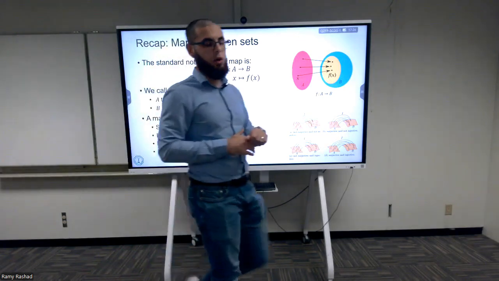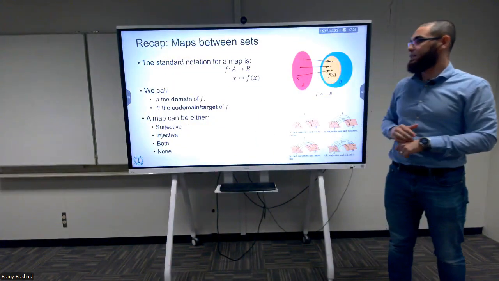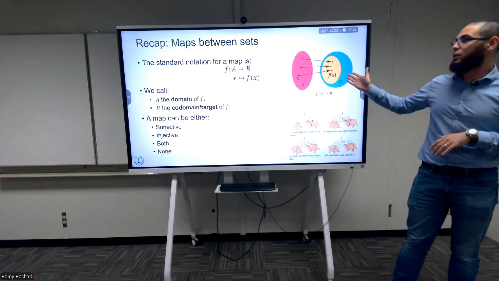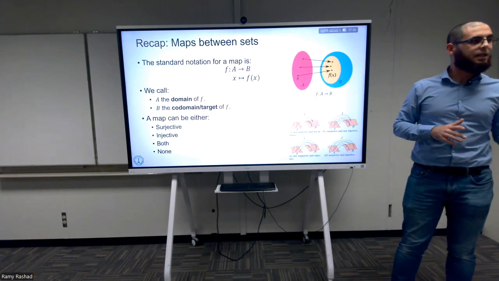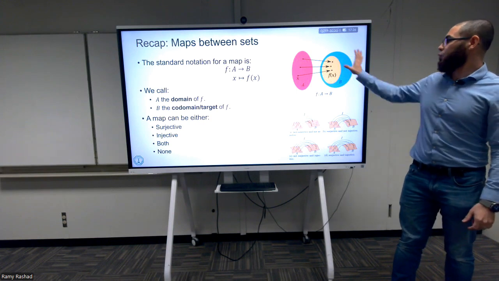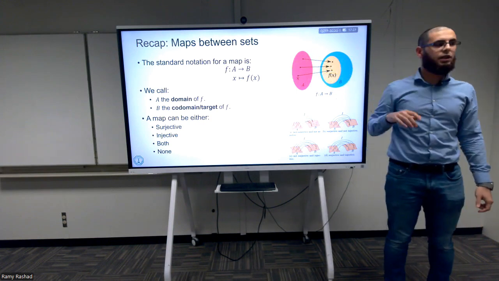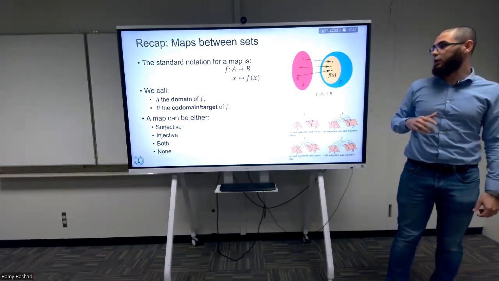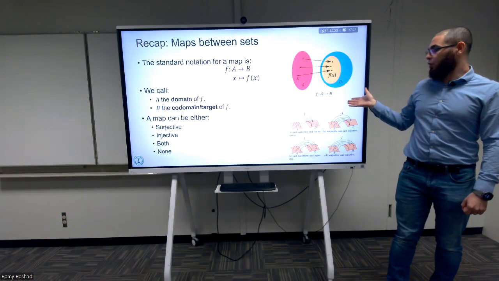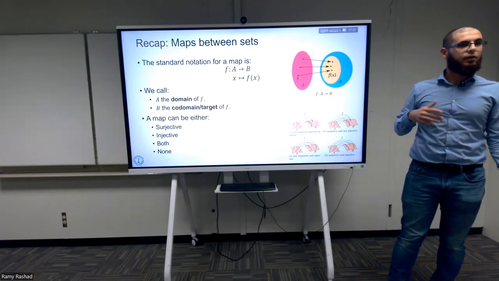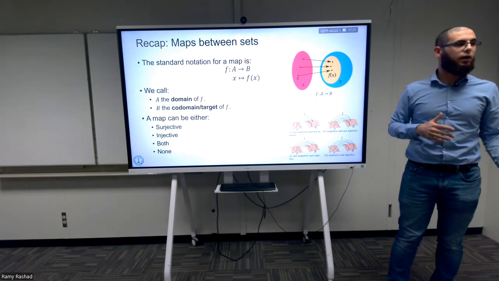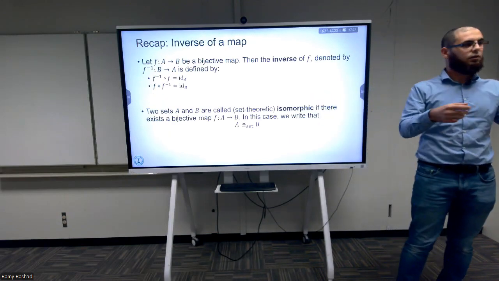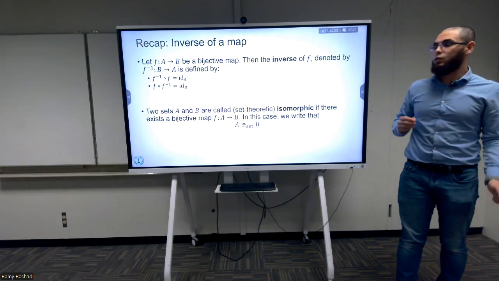A recap, so a map between sets, what we discussed last time. At the most basic level, a set A and a set B, a map between them, F, that maps elements in A to elements in B, would be represented by this standard notation. We would call A the domain of the map F, we would call B the codomain or the target of the map F. And then we saw that the map can either be surjective, or injective, or it can be both or neither. Okay. The inverse of the map, when we introduced the composition of maps,